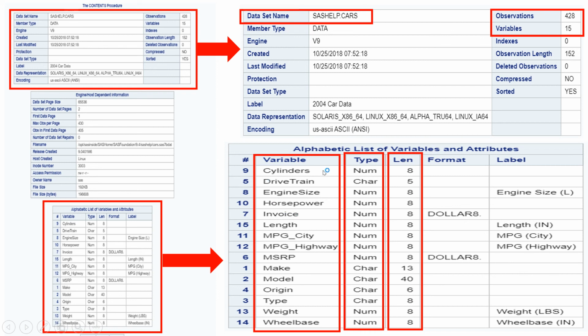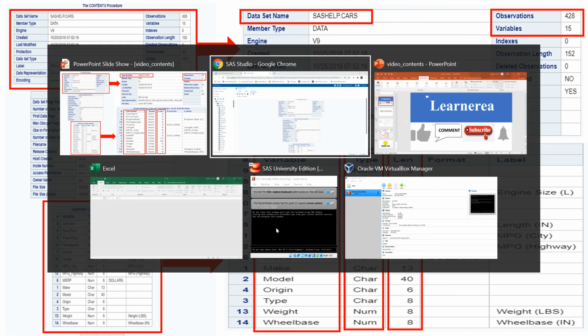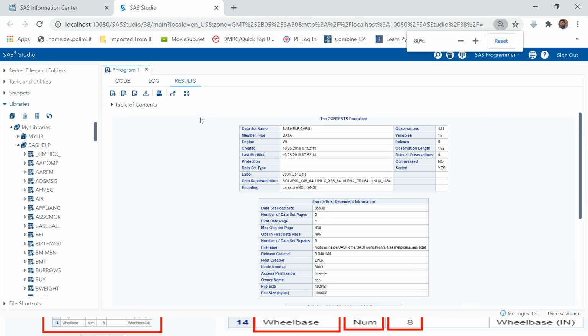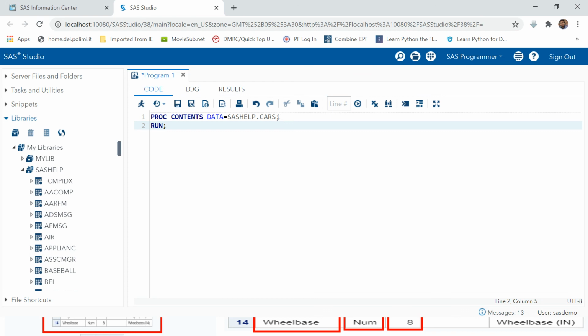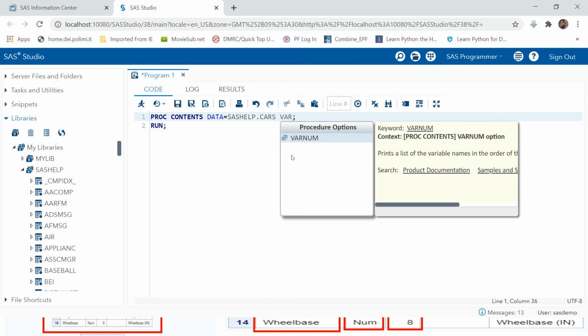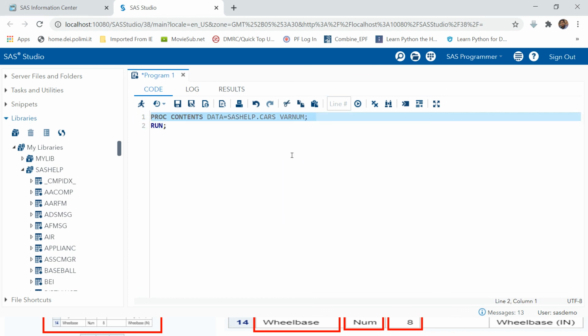Now I just said that I would show how you can get the non-alphabetically arranged variables list. For that you don't have to do much. Just come back over here. First let me just make it normal. Come back over here and put in an option, varnum. Now if you run this,